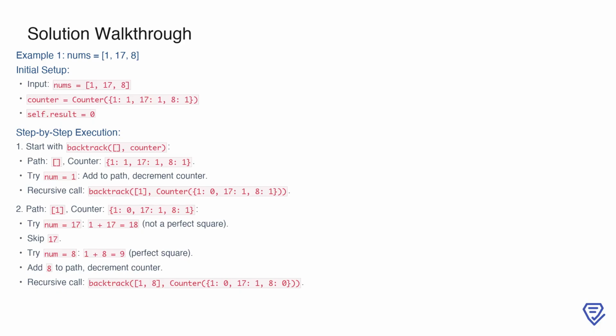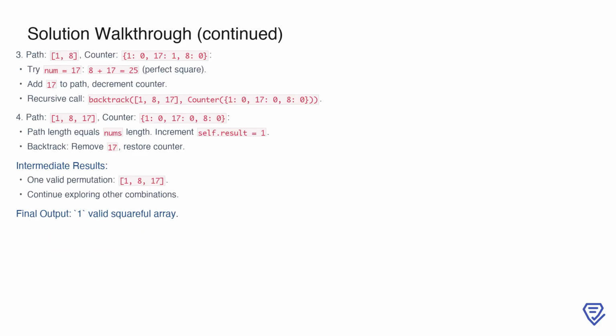From here, we consider the remaining numbers. When we try 17, the sum 1 plus 17 is 18, which is not a perfect square, so we skip it. Then, we try 8, and since 1 plus 8 equals 9, a perfect square, we add 8 to the path, update the counter, and make another recursive call. Now, the path is [1, 8], and the counter reflects that 8 has been used, leaving counter {1: 0, 17: 1, 8: 0}. Here, we try adding 17 to the path, and since 8 plus 17 equals 25, a perfect